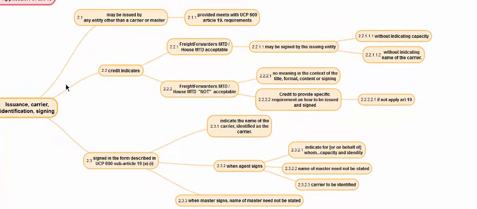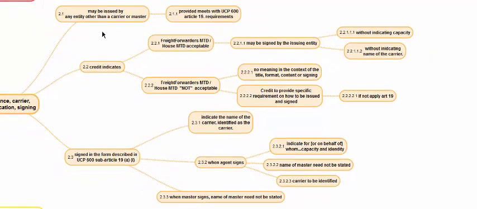Basically, ISBP helps us understand that a multimodal transport document, if called for in the credit and examined under Article 19, can be issued by any entity other than the carrier, provided Article 19 signing requirements are met. If the credit indicates freight forwarder's document is acceptable, it can be signed without indicating capacity, without indicating the name of the carrier, so the carrier need not be identified.